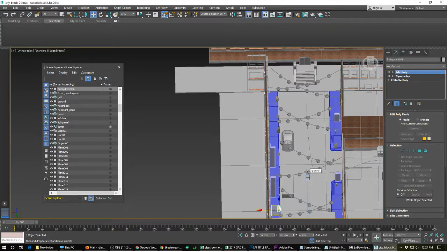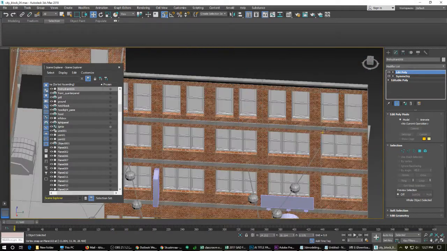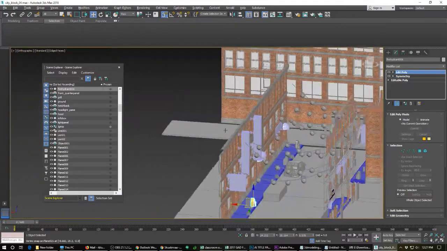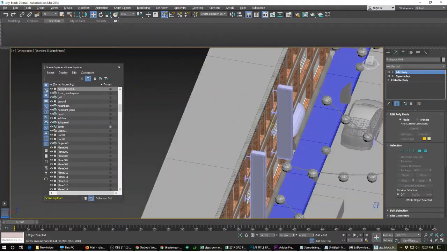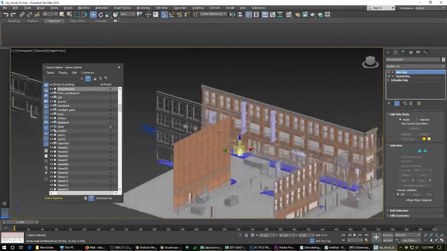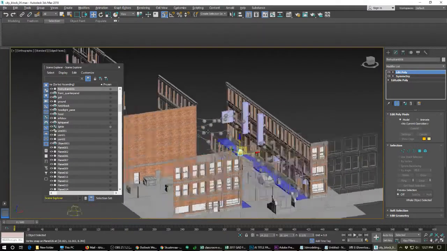When you get this much stuff in a scene, you just start trying to figure things out, and some of it's minor. Honestly, I've got a ton of stuff in here already. I just need to break some of these things,